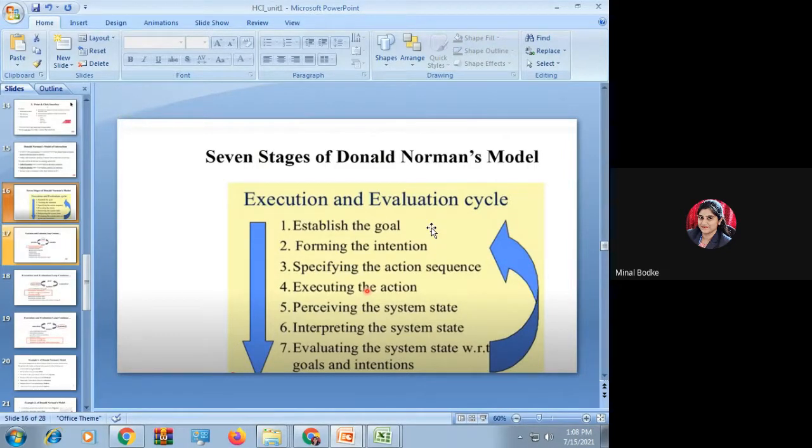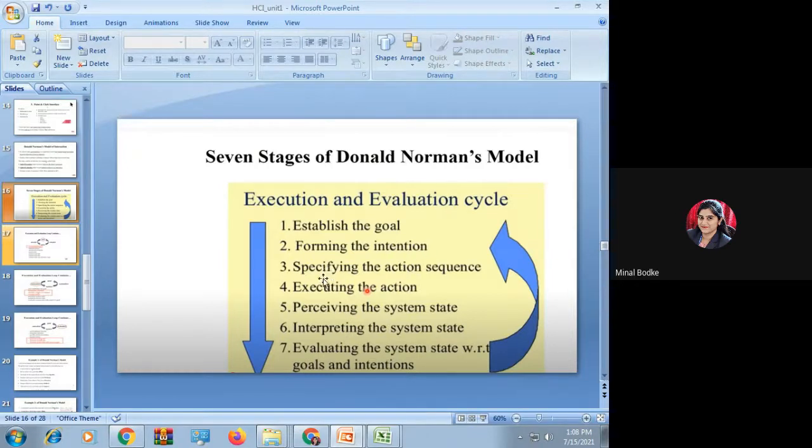So what is the goal here from the statement? What is the goal? You have to read the book. That is the goal. Okay. Now, what is the forming intention will be there? Now, if you need to read the book, there must be light or there must be brightness to read the book, so that you can see by eyes and you can read the book. Okay. So, what is the intention here? You can say, if you have to read the book, there must be light. Okay. That is nothing but the intention which comes to your mind.